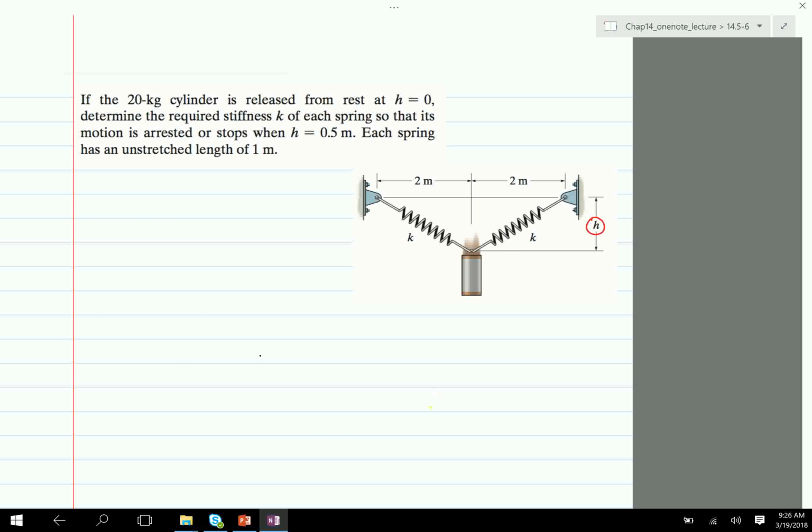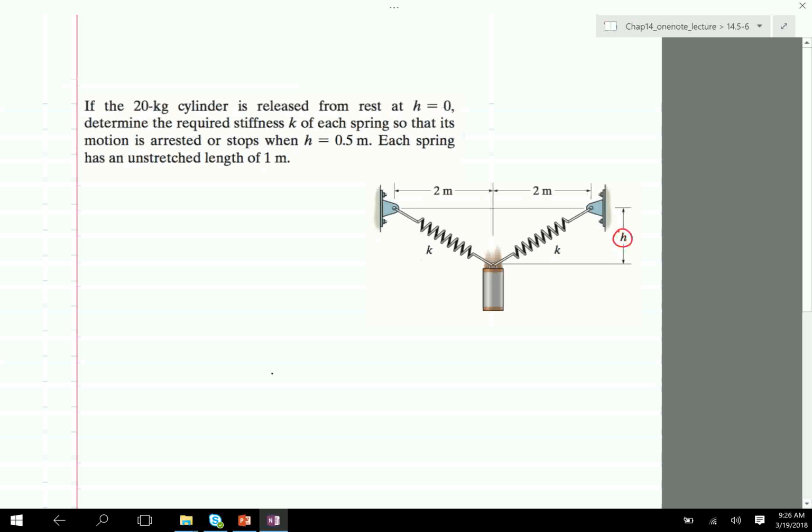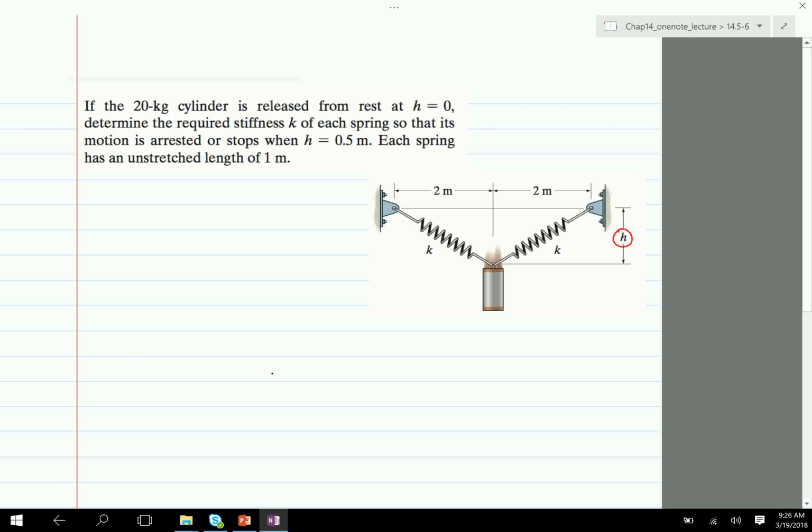So essentially what's going on is the block is over here, height is 0, it's let go. Again, it's going to probably bounce out, but we're not interested in that, because it's the instant when it is stationary. So we want to find what that spring stiffness is, such that this block would be at a height of 0.5 meters from the